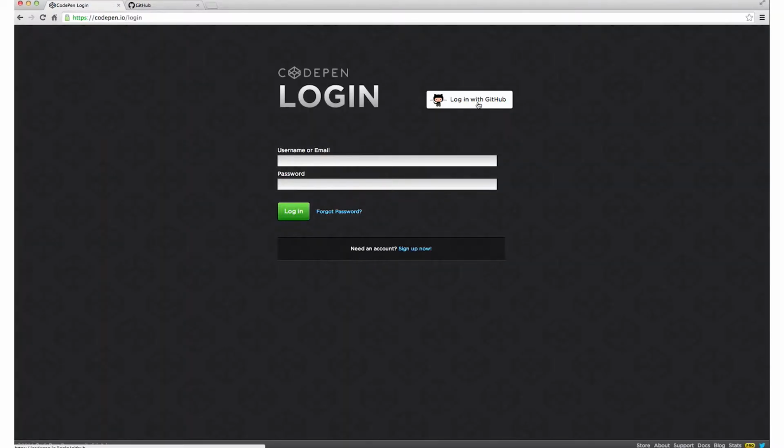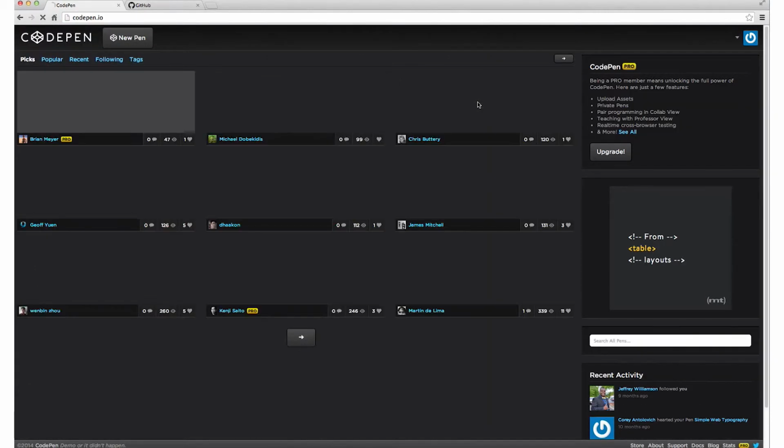And my login account is associated with GitHub. Now, GitHub is a social coding community as well, but it's oriented towards basically all of computer science. So anybody who is a programmer, a coder, anybody who's working on anything from HTML all the way through to back-end stuff and even software development, you use GitHub as a way to work with other people, share code, save revisions of code, and all of these sorts of things.